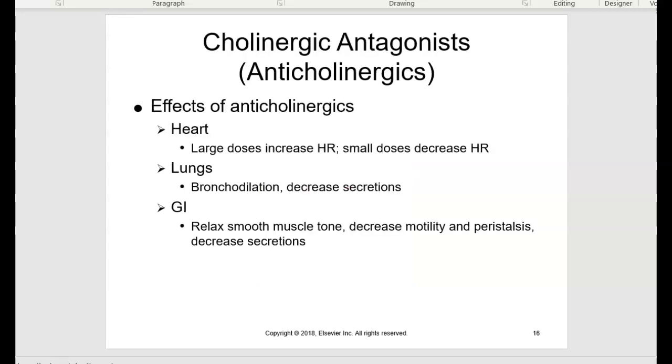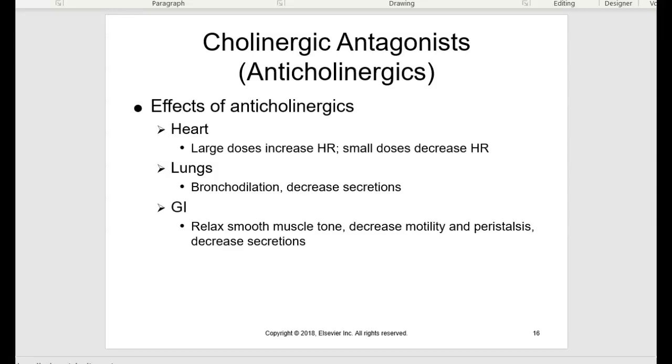The effects of cholinergic antagonists or anticholinergics. Because of the CHOL, we're talking about the parasympathetic system. Then you have to remember, as an agonist or an antagonist, here we're talking about a cholinergic antagonist, an anticholinergic. So that would be something that's blocking that normal parasympathetic response. In that situation, what the medication is going to produce is signs and symptoms that align more with the sympathetic nervous system. So heart, we would see increased heart rate,